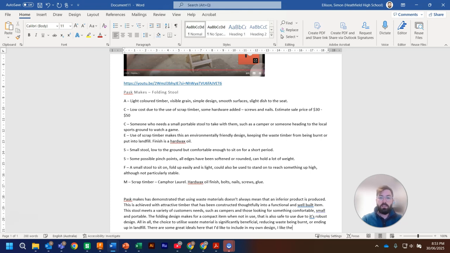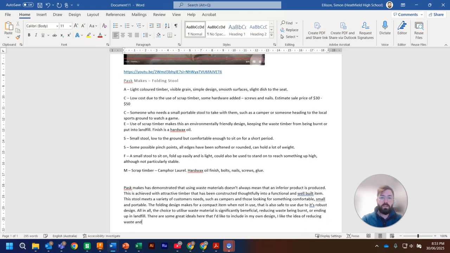I like the idea of reducing waste and reusing where I can. Right, so I've gone from basic identification in some of these statements to some review of the